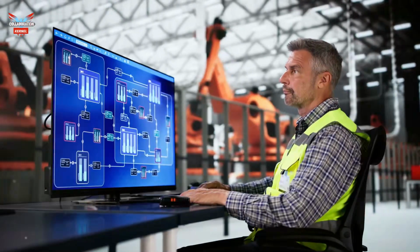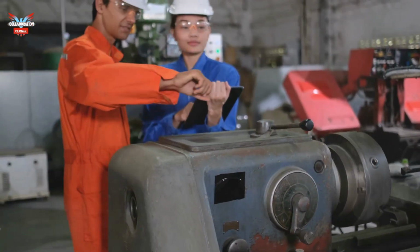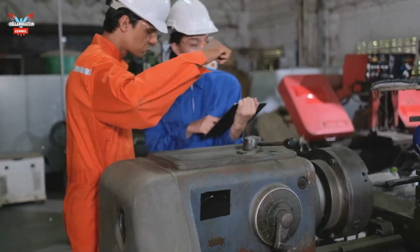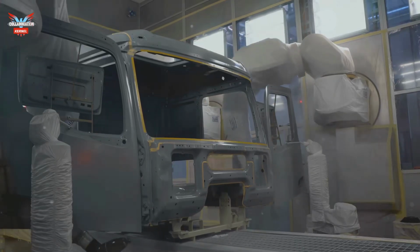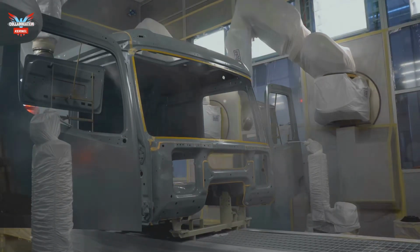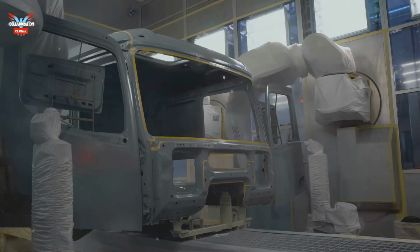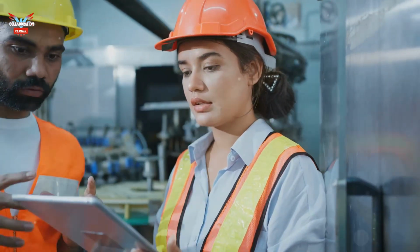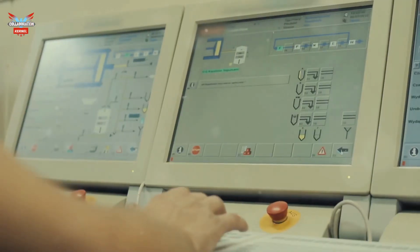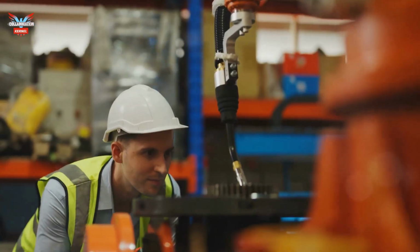predictive analytics and maintenance. Predictive analytics has become a crucial tool for maintaining equipment efficiency and preventing costly breakdowns. Companies utilizing predictive maintenance systems have reported a 70% reduction in equipment breakdowns and 25% lower maintenance costs. These systems employ sophisticated sensors and algorithms to monitor machinery health, enabling maintenance teams to address issues before they cause